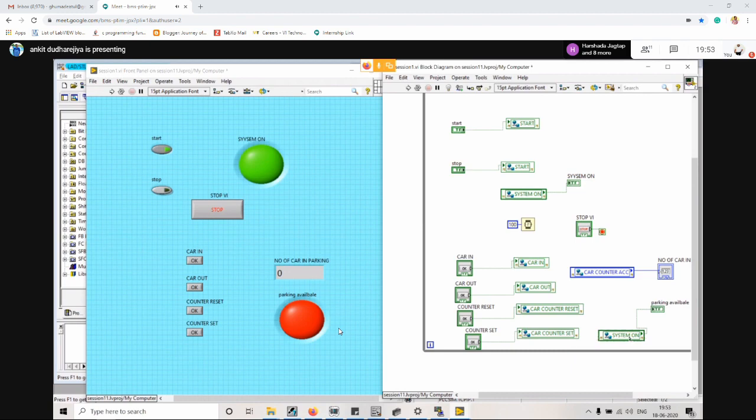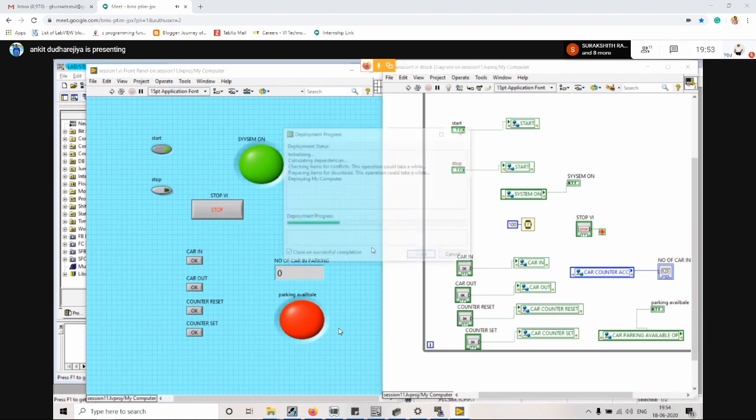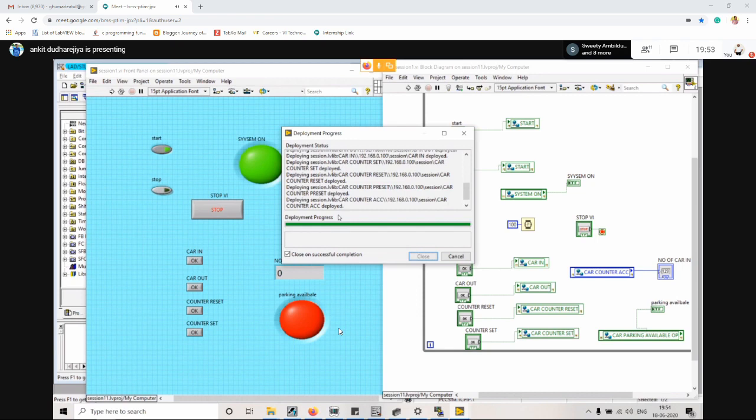And the tag we have is our car parking available. So we have assigned all the tags. So let me run this logic, and you can see the five cars inside the parking, the similar number you can see. Again, car in 6. Then if car is out, so now let's increment to 15. You can see now the parking space is not available, so that's why the output is red.